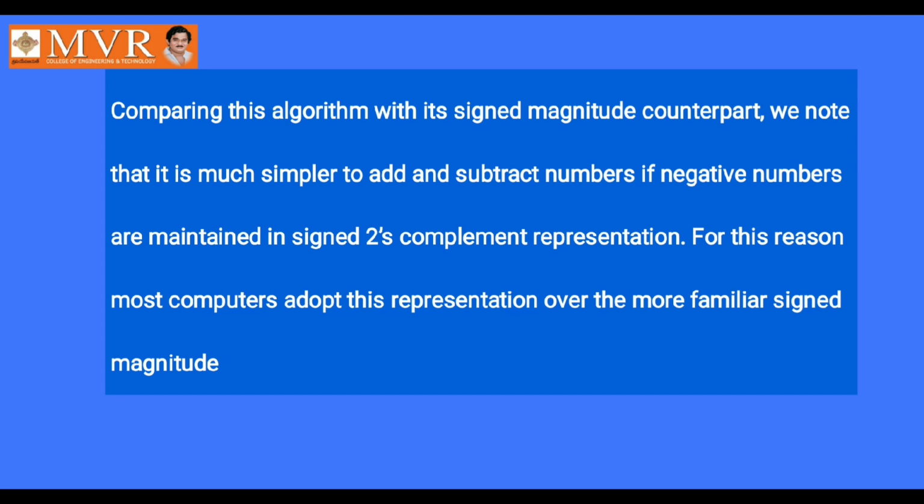Sometimes A is equal to B, which is a typical combination. A equal to B means both the magnitudes are equal but the signs are different. If the magnitude is the same with two different signs, the result will be 0 for subtraction. For example, minus 4 plus 4: the signs are different but the magnitude is the same, 4 and 4, so the subtraction result will be 0. In the result register it contains 0, and the sign register also contains 0, as 0 is considered a positive number and not a negative number. So this total explanation of the previous operation is very complicated compared to this one.